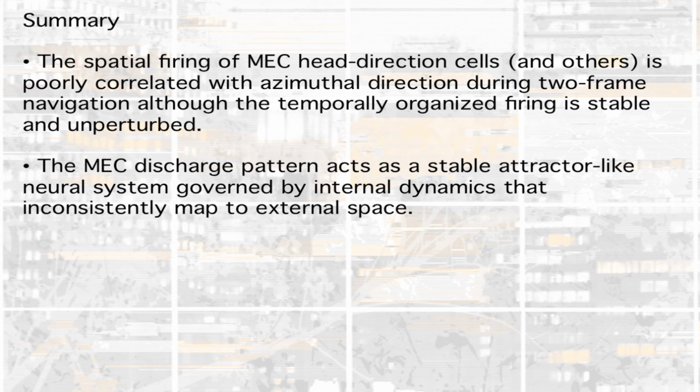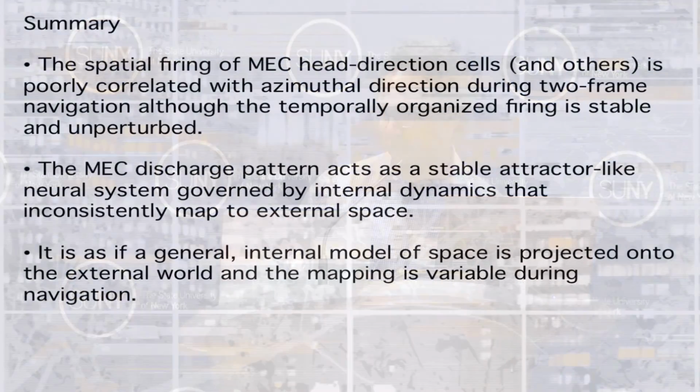And it would seem that this system, at least the activity that we've looked at in the entorhinal cortex, really seems to have a pretty good internal model of space. And rather than this system seeming to reflect, like a mirror might, the external space, it's almost the other way around. This internal model is being somehow projected, and interacting with what is actually in the world, to give the animal what appears to be its useful ability for knowing where its head might be pointing, and also, I would argue, where it happens to be.